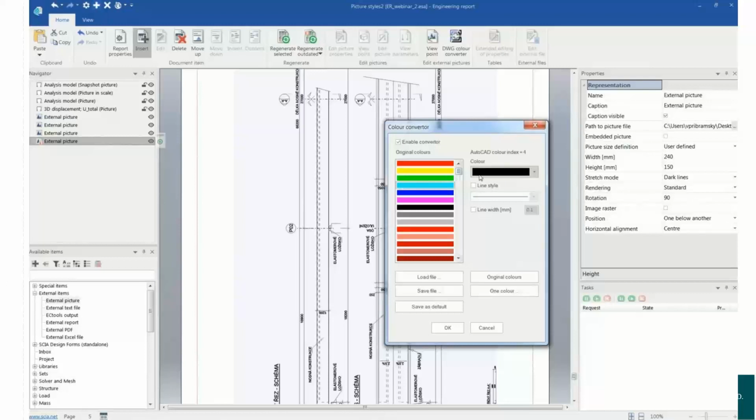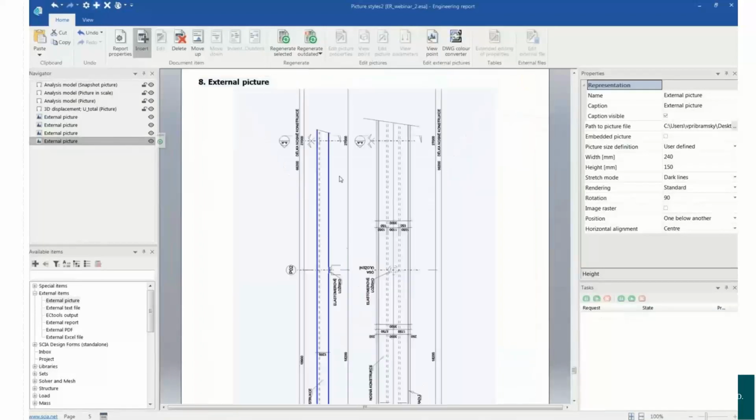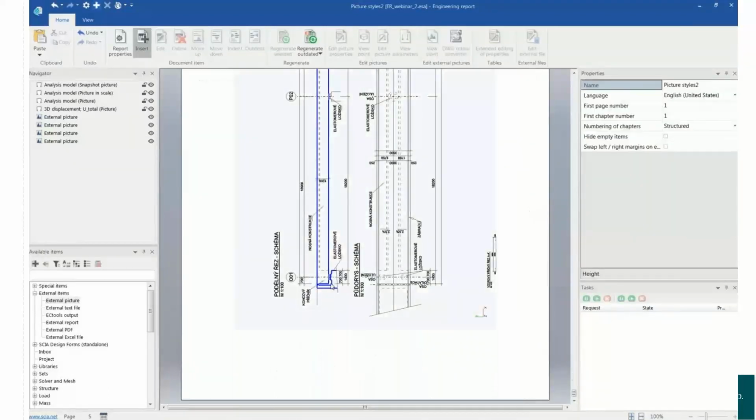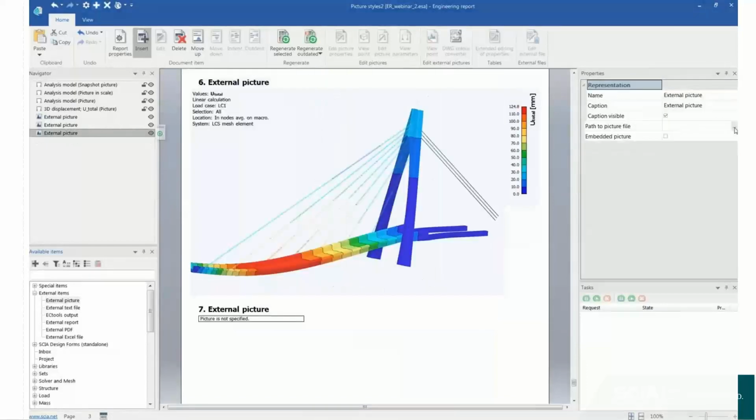But if you change the settings, of course, it will be updated in the report. So let's just change this also. Let's change also the line thickness so we can really see it. And you can see that if I knew what color the lines had, I can just change it. So you have the flexibility to do whatever you want with the references, either pictures or DWG or even 3D